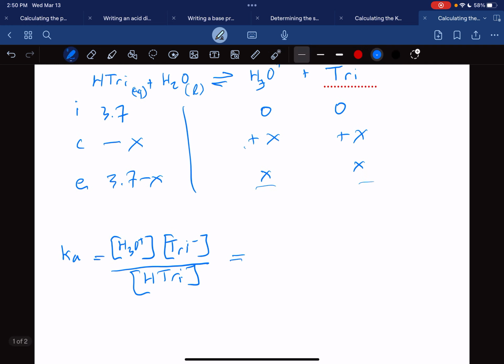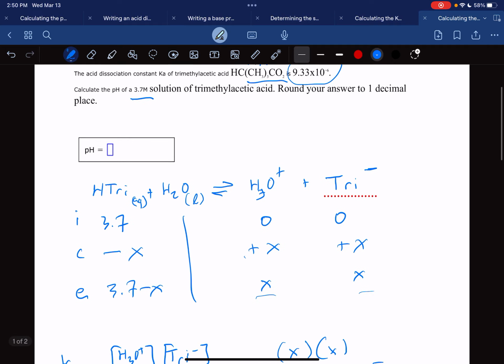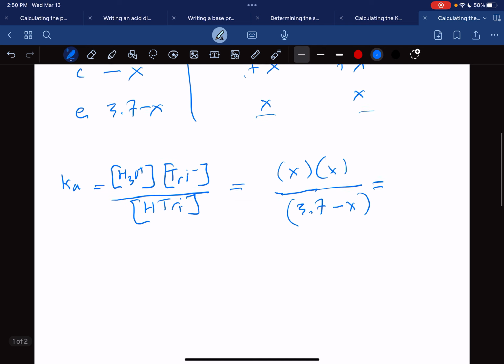So let's plug our values in. And if you see here, we're going to have X times X all over, boy, I don't know why I wrote H in there. That shouldn't be there. Let's scribble that out. Over 3.7 minus X. And that's all going to be equal to 9.33 times 10